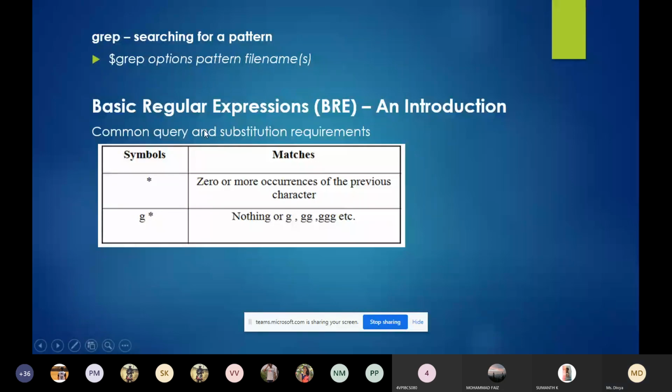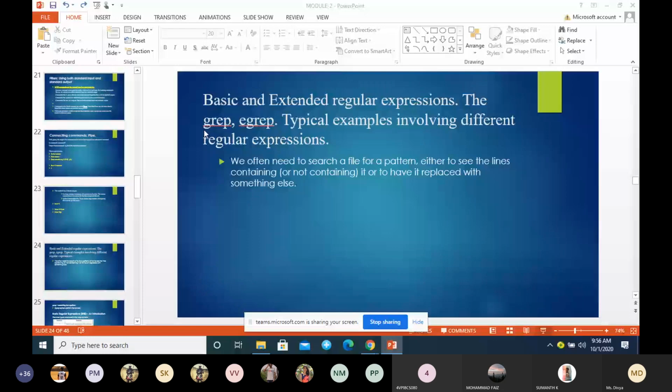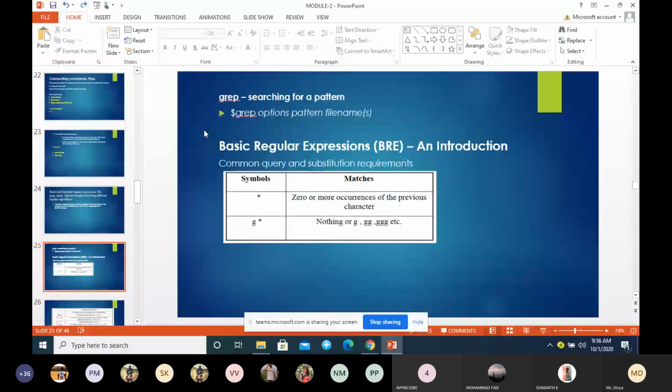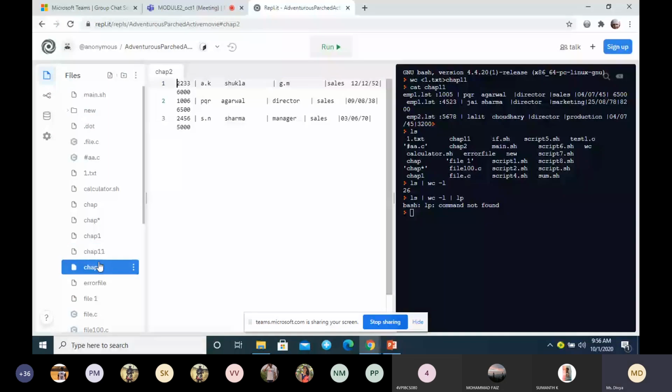For example, I have a file with 3 lines here. I want to find all the lines which have the pattern sales. Here we have not given any option. Remember, we have given the pattern name, sales, and the file name is CHAP2.